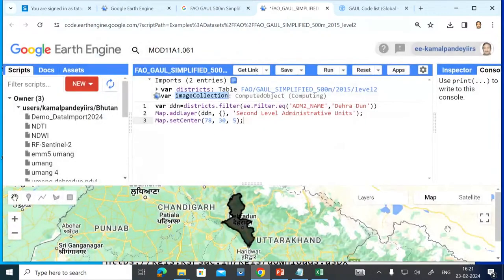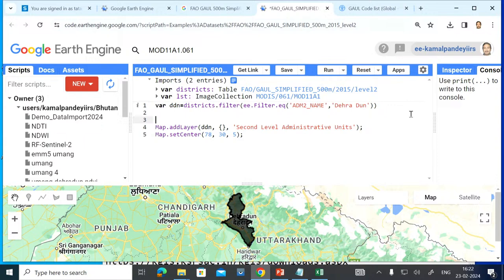So I will import it. You can see I have imported another data set from Google Earth Engine, that is the LST. I will change this name over here. Let me change the name to LST. Okay, so now LST is also there. Land surface temperature has already been uploaded here. Done. Now I want the LST only of Dehradun. I don't need it for the entire world.